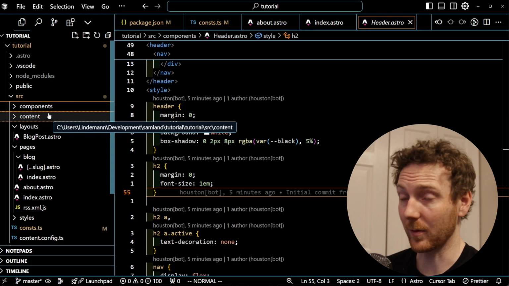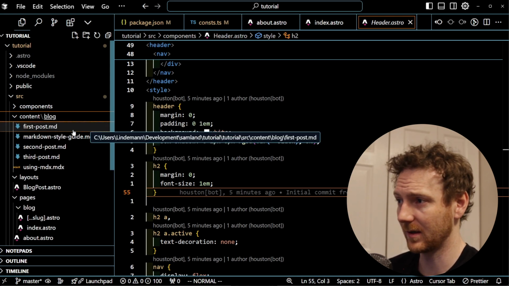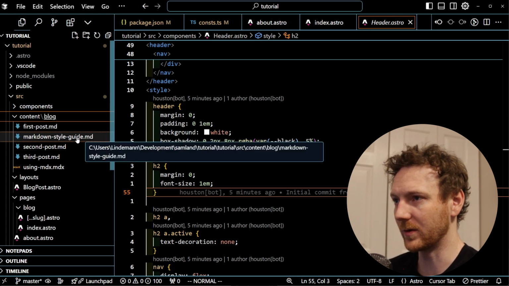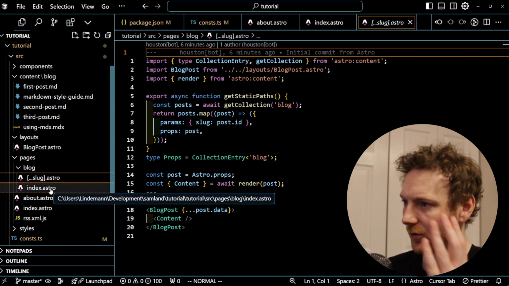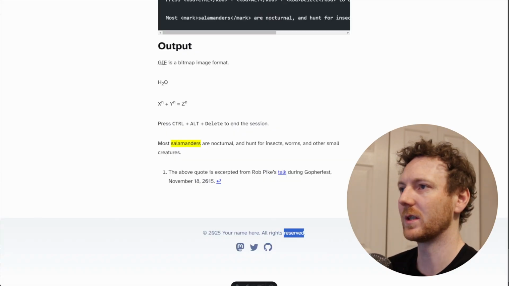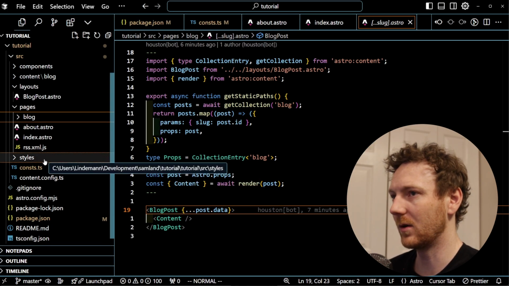Pages are made up of components. And then we've got content, which are our blog posts. All right, and then this is how the routing is working. Yeah, I say routing, not routing. I think I know where we can look at